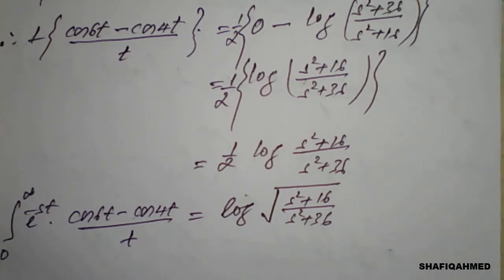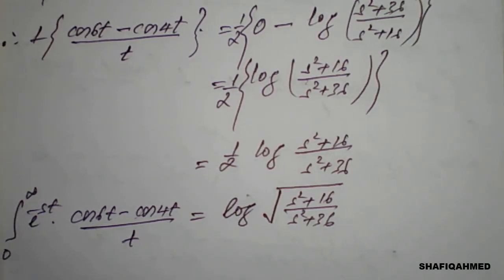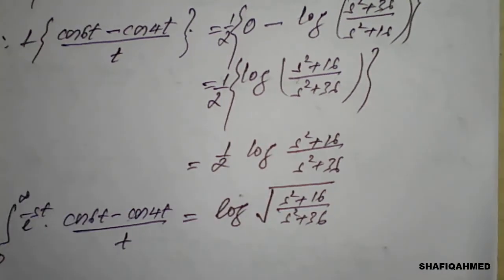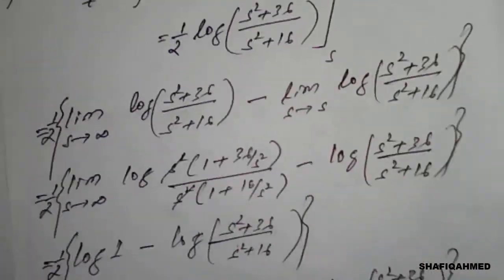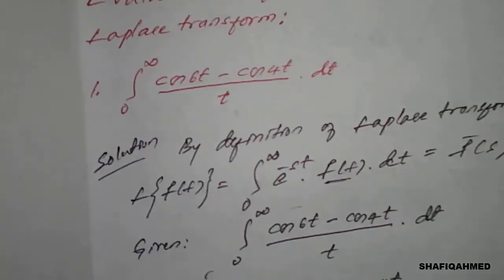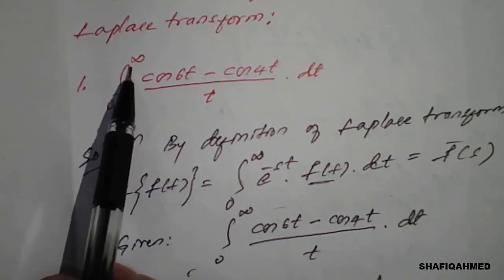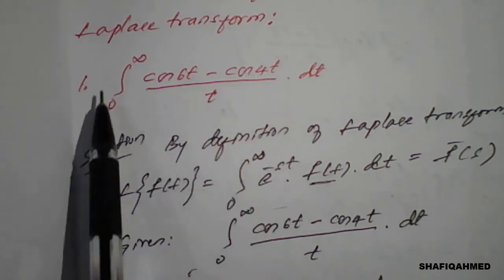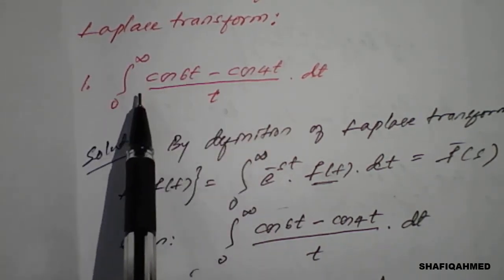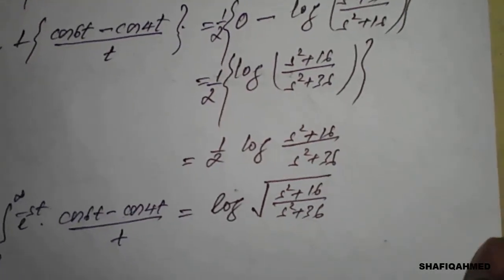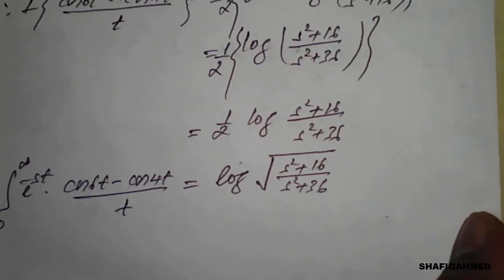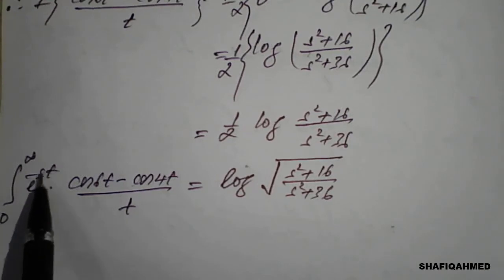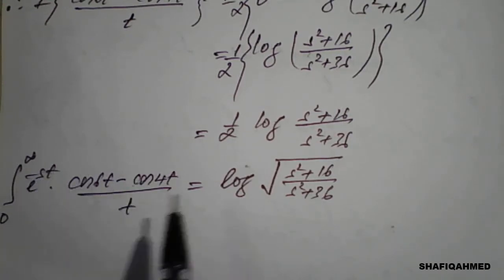But our given question is to find the value of the integration from 0 to infinity of (cos 6t minus cos 4t) upon t into dt. In this solution, e raised to minus st is extra, so to avoid that one,